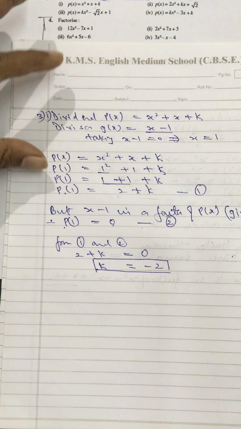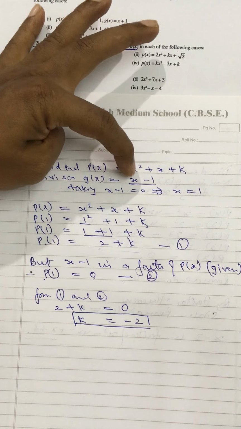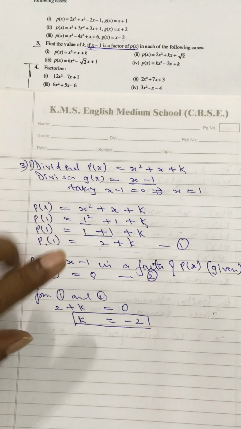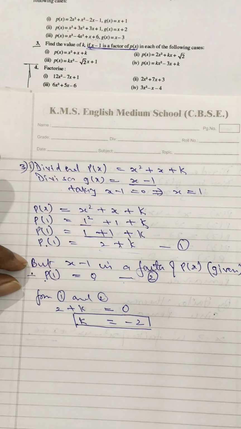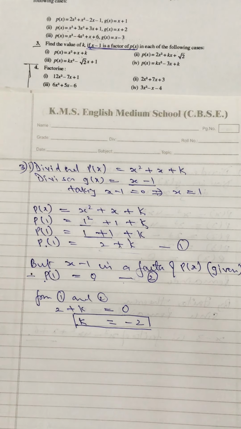You just have to do everything the same as previous only. You have to find the value of x is equal to 1, and that P of 1 you have to find as much as possible. You should solve it. But then you have to bring it to notice that x minus 1 is a factor is given. Therefore, this value P of 1 is going to be actually equal to 0. Therefore, this also is going to be equal to 0. Okay, my dear students. So, in the same